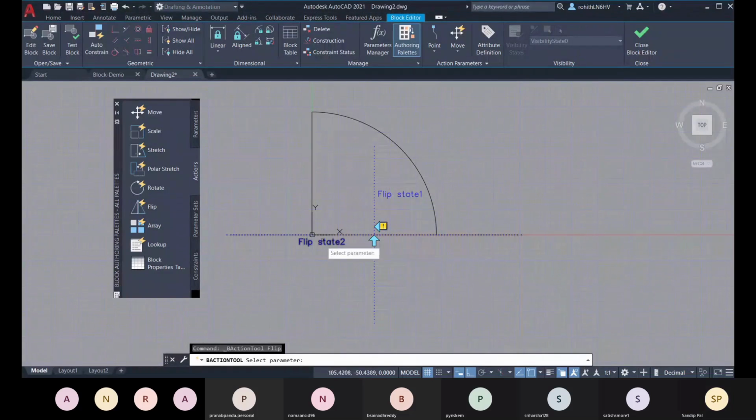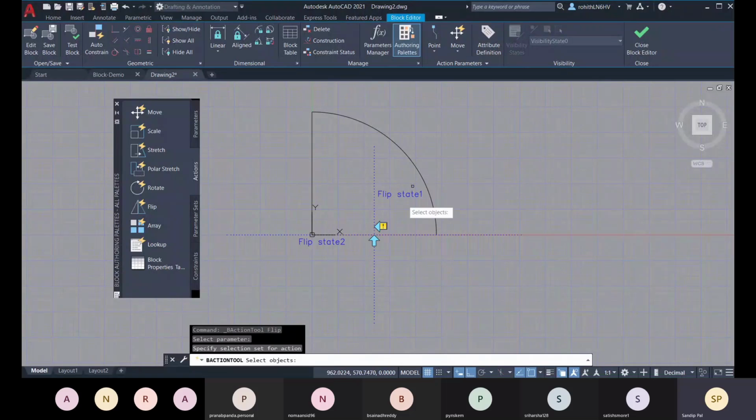Then you have to select this parameter. First go for flip state 1, and after selecting your parameter, select the object. This is the object and this is the object, and press enter.